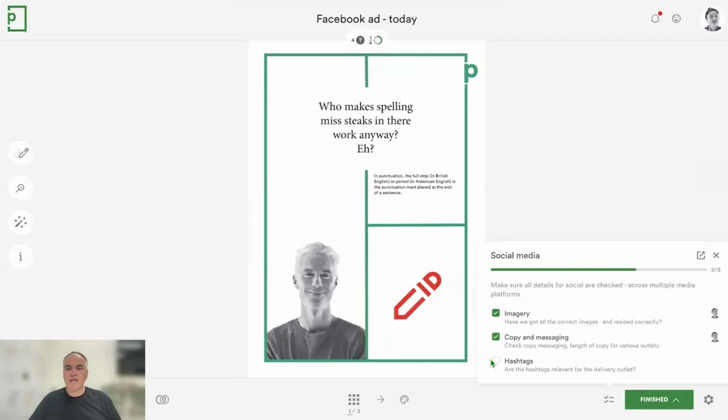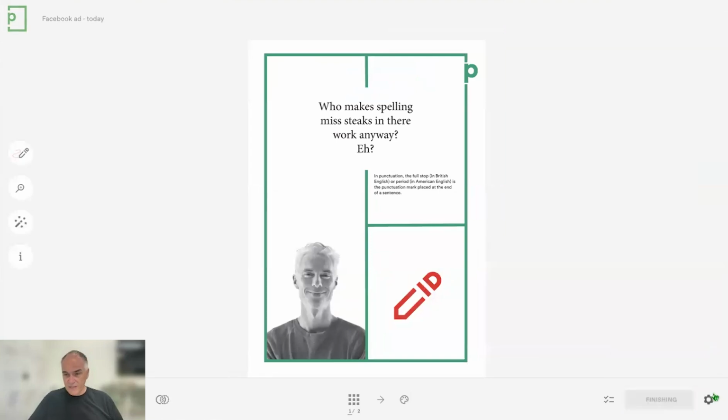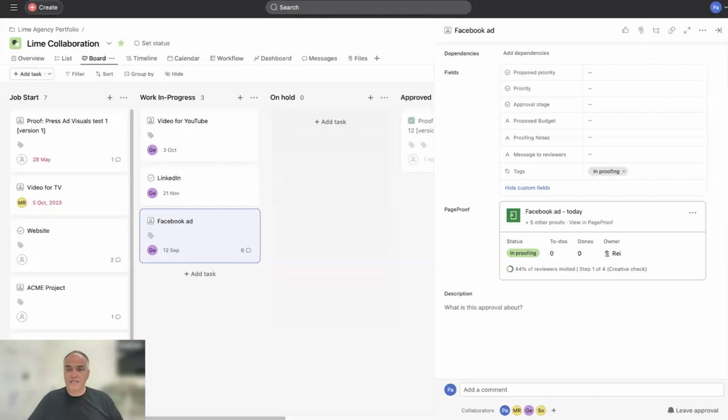Yes, I've checked the imagery. Yes, I've checked the copy. And yes, the hashtags are all okay too. So now I will just approve the proof, and we'll pop back into Asana and see that that will be